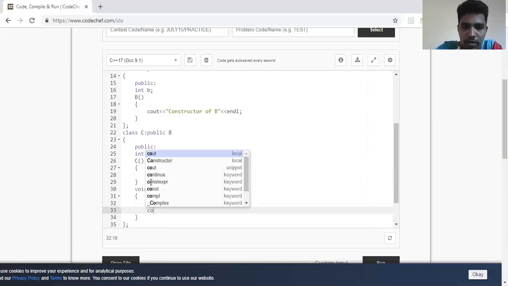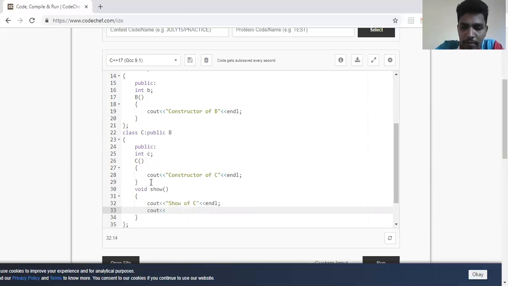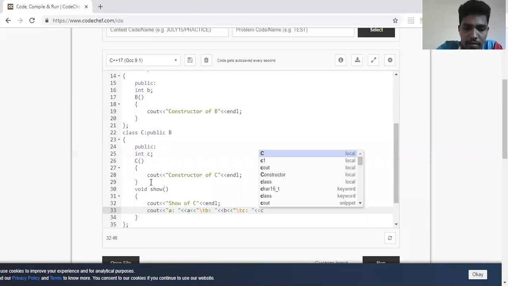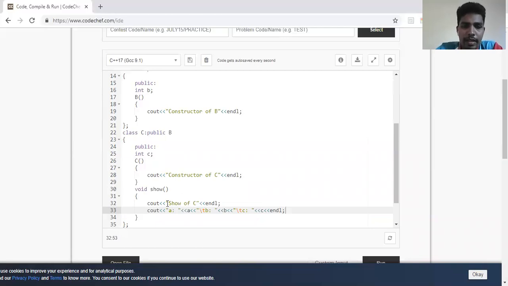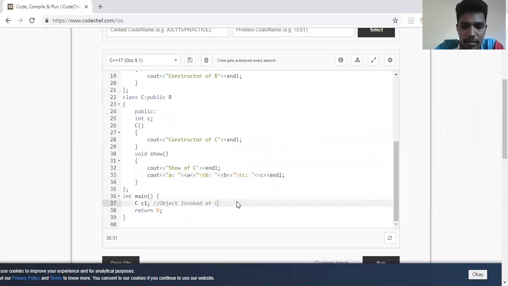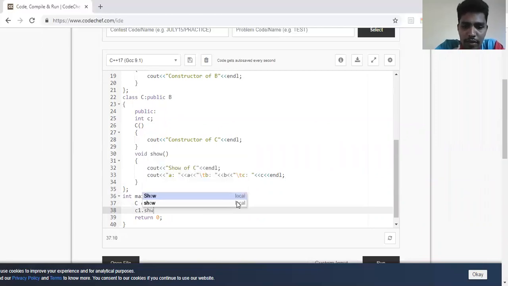So cout, I'll write A, what's the value, that is A, and then \t B, what is the value, and then C. Then in main I'll call c1.show, and before printing the values of A, B, C, let me change the values.